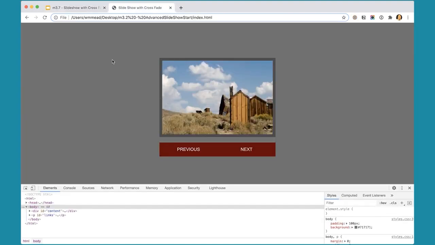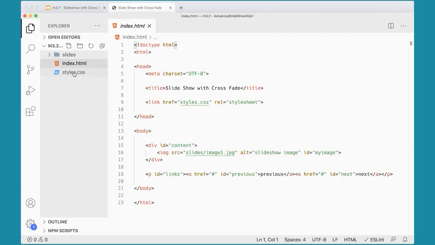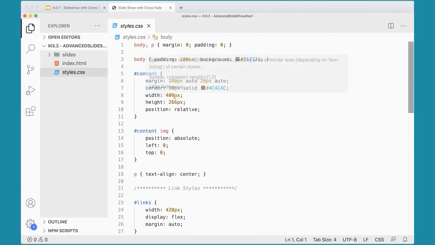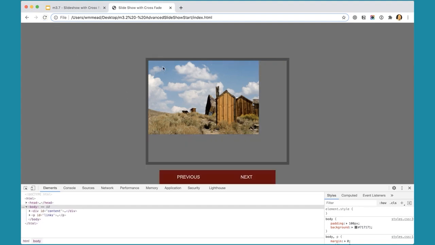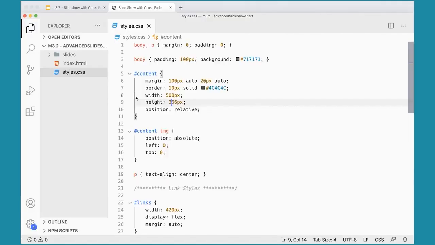Now, if I were to go into my CSS over here and adjust that, you'd see a little bit better exactly what's going on here. So if I made this 500 wide instead of 400 wide, and 366 instead of 266, and save that, you'd see over here when I refresh this that the image is pinned to this upper left-hand corner, and before it was the same size as the box that it was in. Whereas now I've made the box bigger, so you get this empty space up here, but the image is pinned up into the corner. And it's important to understand that because the way this slideshow is going to work is